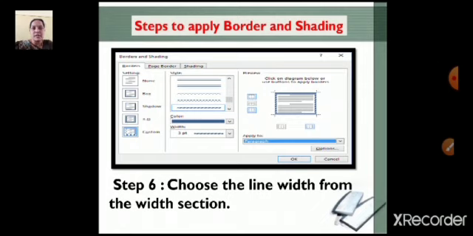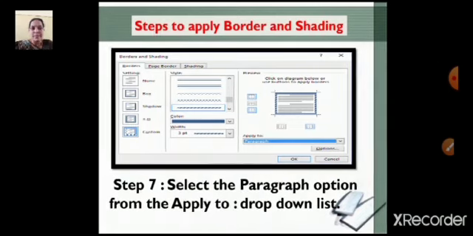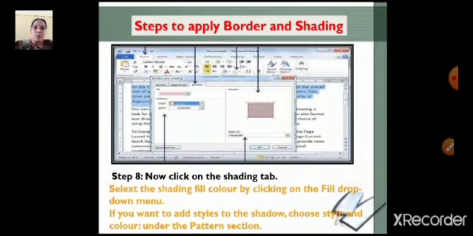A drop down list appears, there you can select. Select the paragraph option from the Apply to drop down list to apply the changed settings to the paragraph. Now we can click on the Shading tab to get the shading options. After clicking there, we can give shading to the selected text.